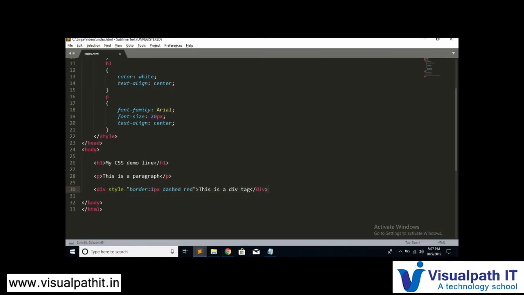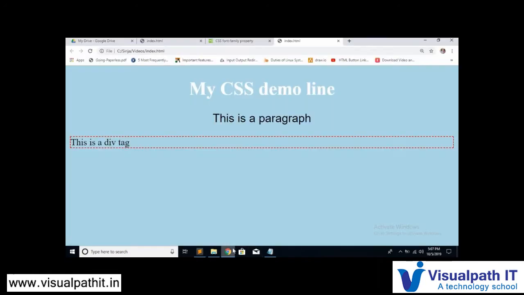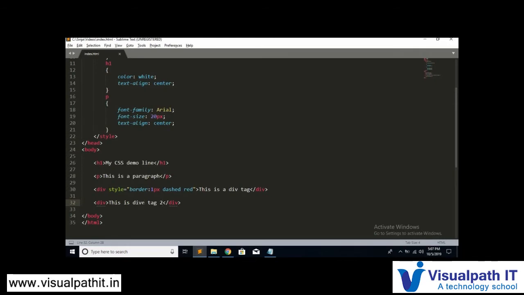So now let's create another div tag. I'm writing, this is div tag 2. Now let's run this and see. There's no styling given to div tag 2. Why so? See here, I told you an example of inline, right? When it comes to inline, I'm just giving the style attribute for this div tag only, but I have not given any style for the other div tag. So only this div will be given CSS properties like the border, dashed, red and all, but the other will not be given anything. But if I specify something here, then even that will be given something.